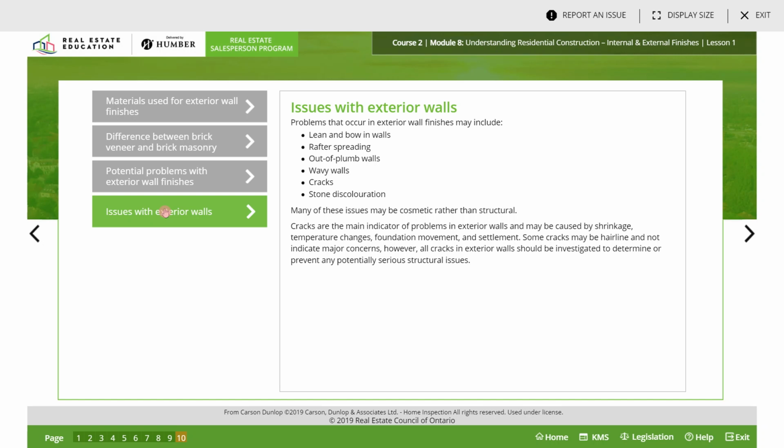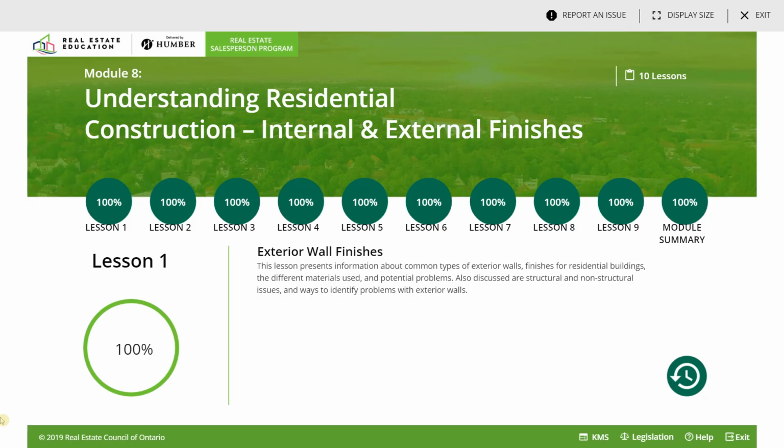Cracks are the main indicators of problems in exterior walls and may be caused by shrinkage, temperature change, foundation movement, and settlement. Some cracks may be hairline and not indicate major concern. However, all cracks in exterior walls should be investigated to determine or prevent any potential serious structural issues. So this was Lesson 1. Lesson 2, they talk about